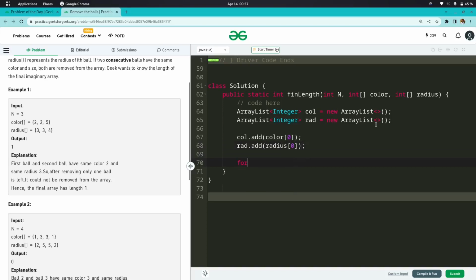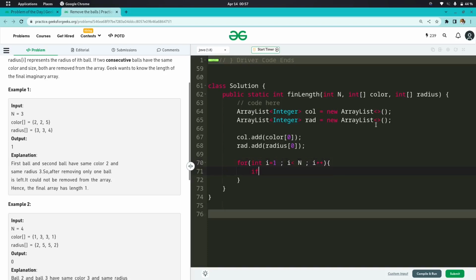Done. Now we will start a for loop from int I is equal to 1 to I less than n, I plus plus, and if color dot size is greater than 0, so these two are mandatory, okay? Color dot size is greater than 0 and radius dot size, these two are mandatory.